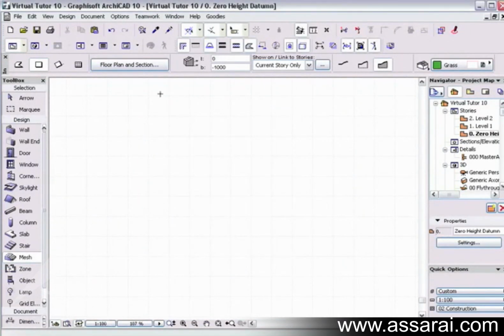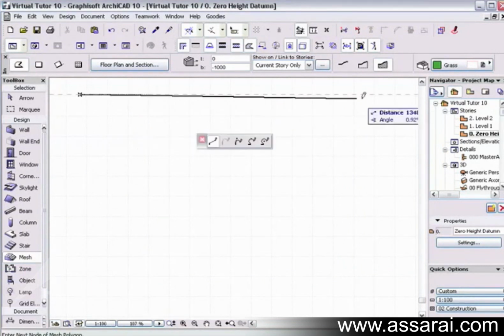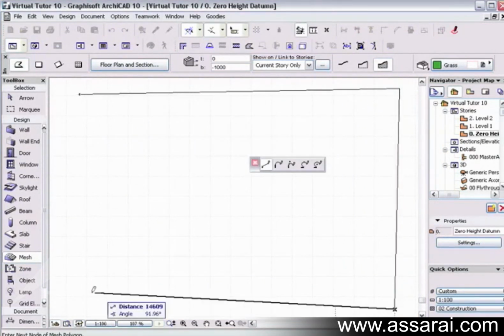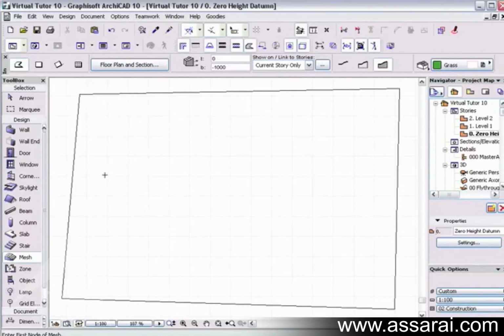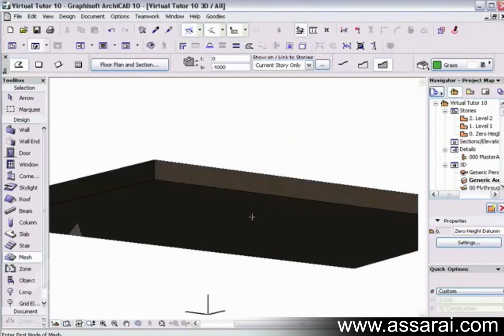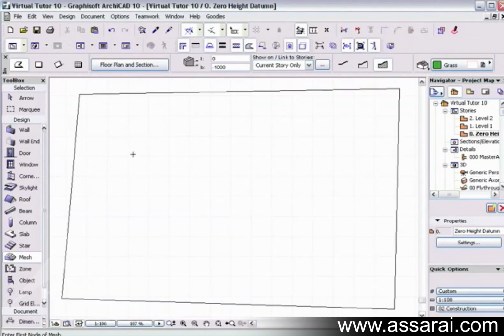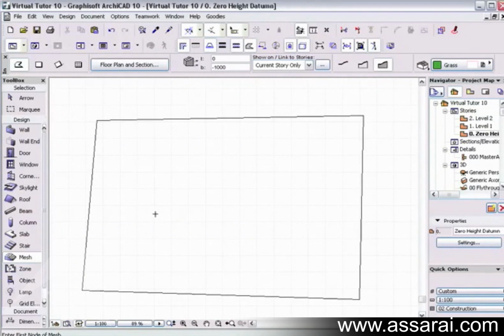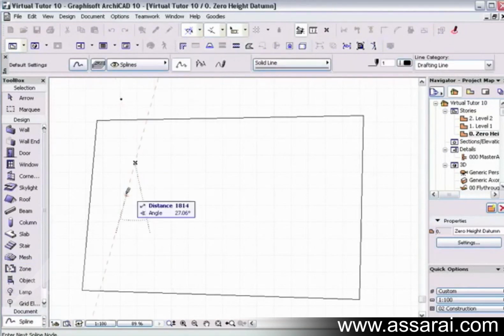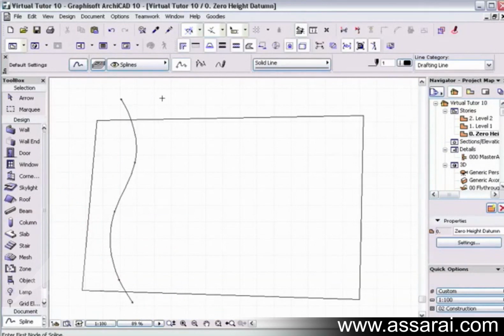Now I'm just going to model a site that's probably a bit more conventional. And I've just drawn a mesh. We can see that we've got a meter depth and it's just a flat side at the moment. So if I go back to the floor plan, and most of the time we'll get sites with contours on them, or we have access to contours from some surveyors. So I'm just going to draw a couple of 2D lines over the site to simulate